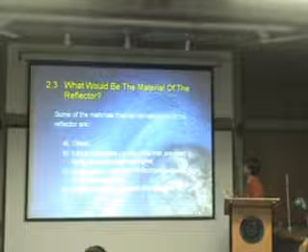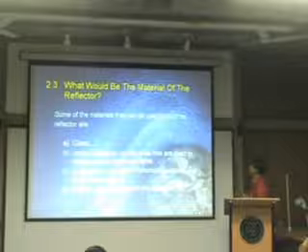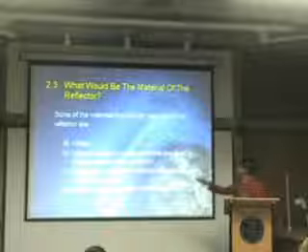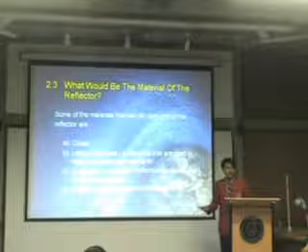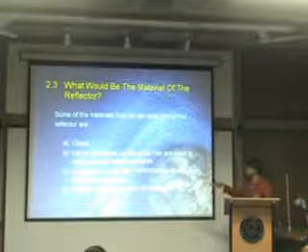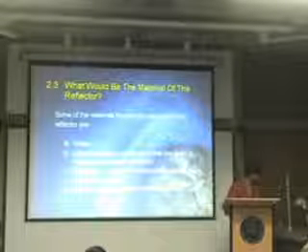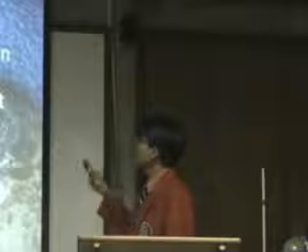What would be the material of the reflector? Some of the materials that can be used to build the reflector are glass, lamp reflectors, that is the ones used in automobile headlights, and the collapsible illuminator reflector. The reflector would have to be placed such that it experiences the minimum possible force of gravitation. In other words, it would have to be placed at a distance where it would need very little orbital velocity to counter the Earth's force of gravitation.